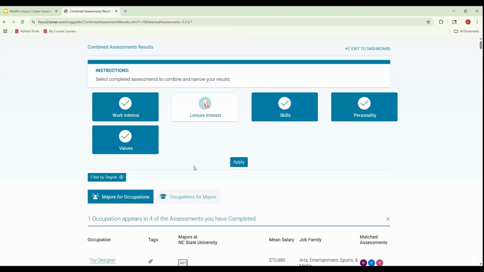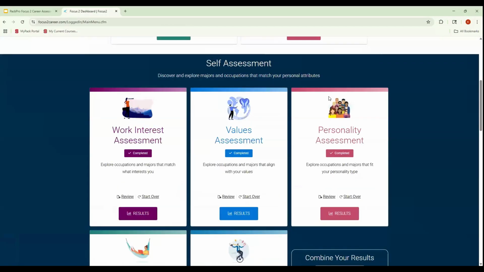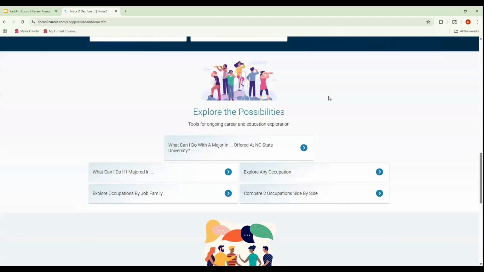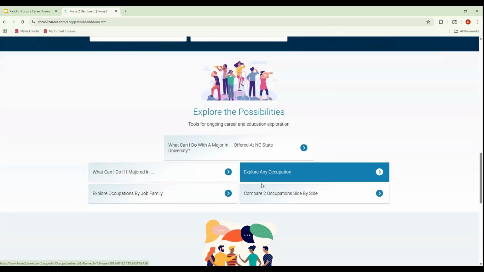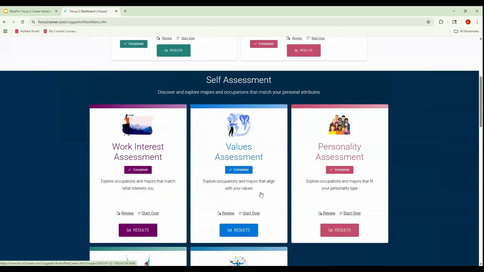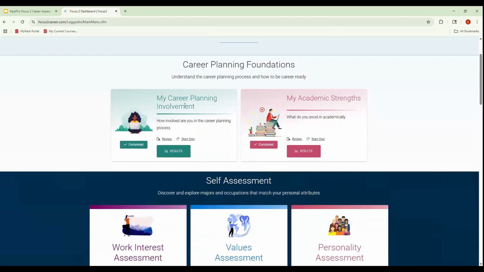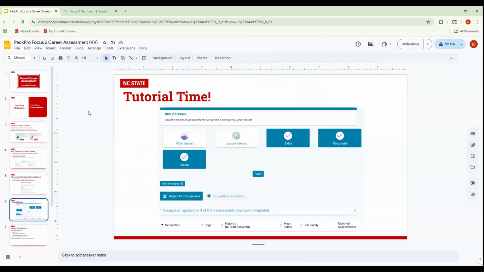It will ask you to save. If you've clicked on it, you can start saving and look through the ones that you've saved to see if there's any differences. And again, you can keep exploring the possibilities by looking at majors. You can explore by any occupation. You can also compare occupations. And so there's some more assessment tools, but these ones are really good, as well as assessing where you are in the planning process with some recommendations, as well as academic strengths. That's a very brief overview, but I'm hoping that's helpful for you to get an idea of how you could use